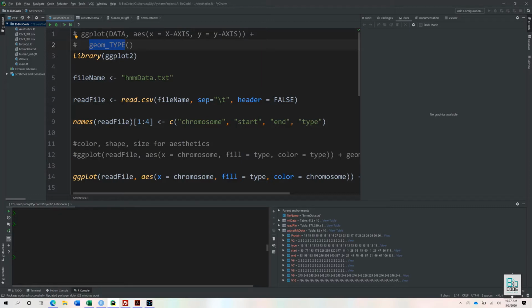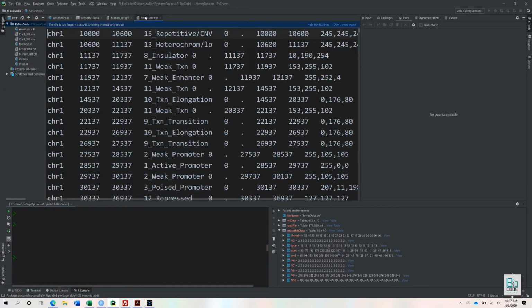In this video, we have two types of data. The first is human data, which is chromosome-wise data, and that has start position, end position, the column that has chromosome numbers, and then the quantitative information about either it's a weak taxon, an enhancer, promoter, elongation, or that sort of information, or it is a copy number variation.